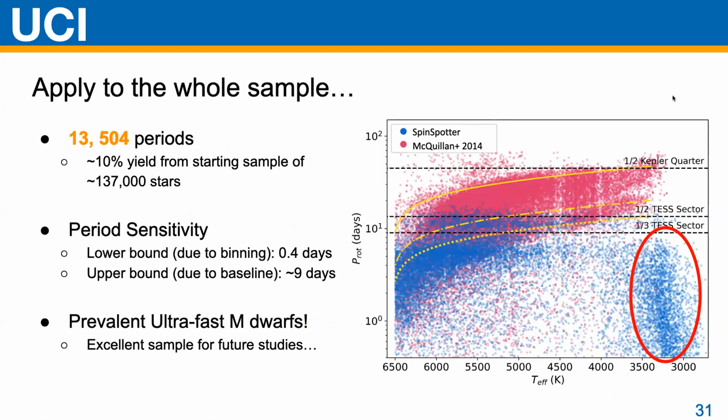So what does my sample look like? This is my big summary plot from the paper. I call this the salmon plot because one of my collaborators pointed out it looked like a leaking salmon, which I think is hilarious. The pink points are from McQuillan et al., so those are rotators from the Kepler sample. The blue points are from SpinSpotter. I recovered about 13,000 periods, which is about a 10% yield, which is fairly consistent with what we've seen from